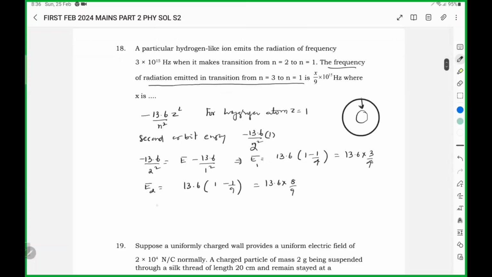So that is E1 by E2 will be 13.6 into 3 by 4, 13.6 into 8 by 19, 27 by 32. So H nu 1, here